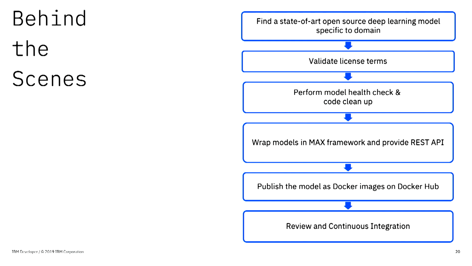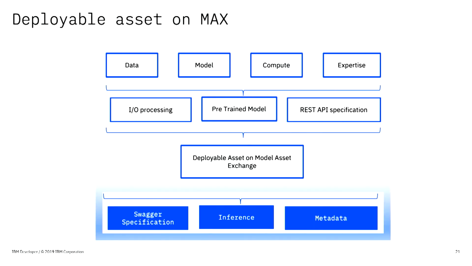So we go through all of these steps. We're eliminating these barriers to entry that we saw before. We've gone through all those steps already: we found the model, validated license terms, wrapped it up in our framework, and we provide a standardized REST API, published as a Docker image on Docker Hub, so it can be one-click deployed into a Kubernetes cluster, for